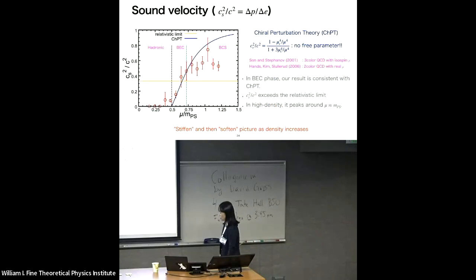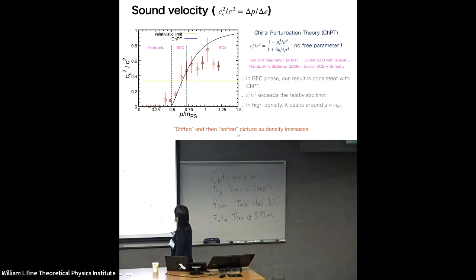And from the previous plot, finally, we can obtain the squared sound velocity, taking a ratio delta P over delta E. And again, sound velocity is consistent with 0 in the hadronic phase, but it takes a non-zero value in the superfluid phase. And this blue curve is a prediction of the chiral perturbation theory given by Son and Stephanov 2001. Actually, they investigate 3-color QCD with isospin chemical potential, a little bit different model from the real finite density QCD. But this